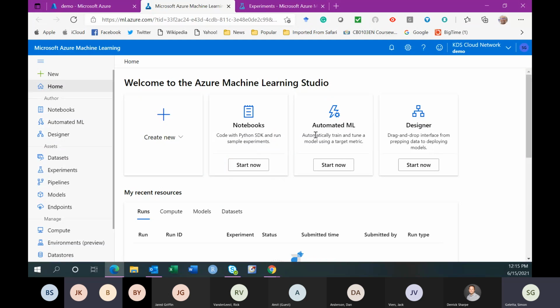Auto ML, or automated ML: usually you start out with a dev environment, you experiment with your notebooks, developing your code.